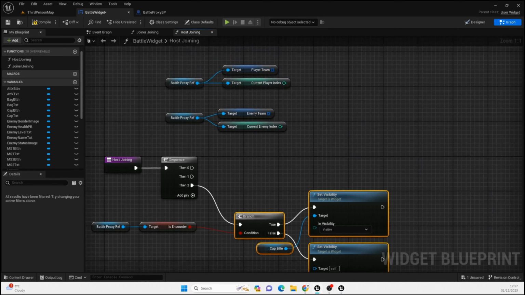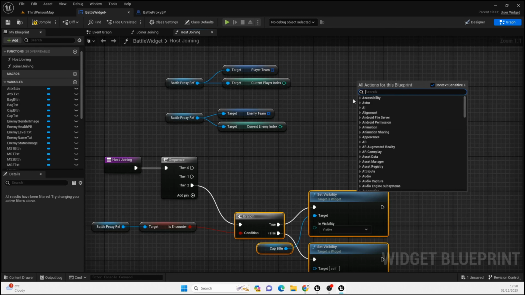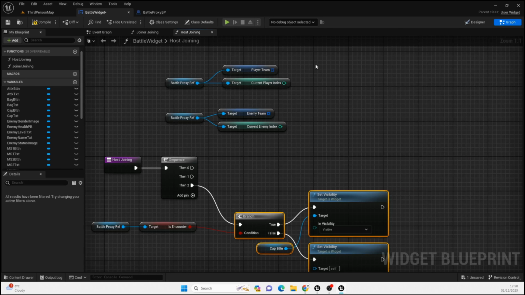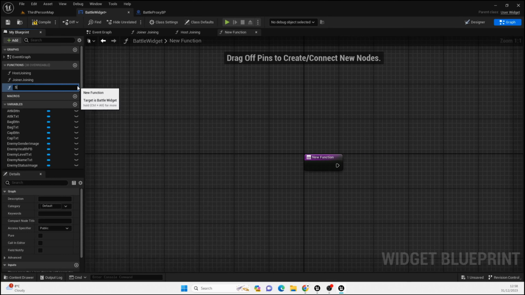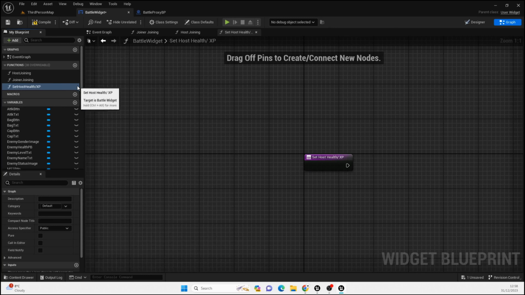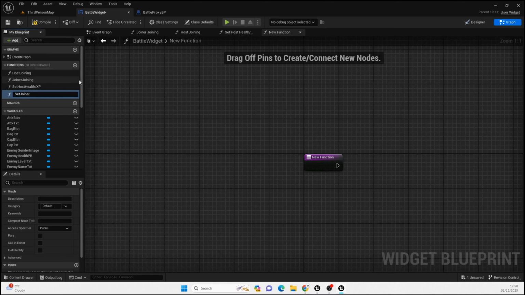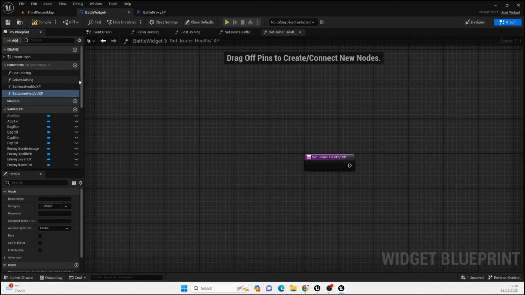Then we have two more functions. We have set host. No, sorry, I need to create the functions, don't I? So I actually need to do that. So we have a set host health/xp, and we also have set joiner health/xp. If we go into the first one, which is the set host,